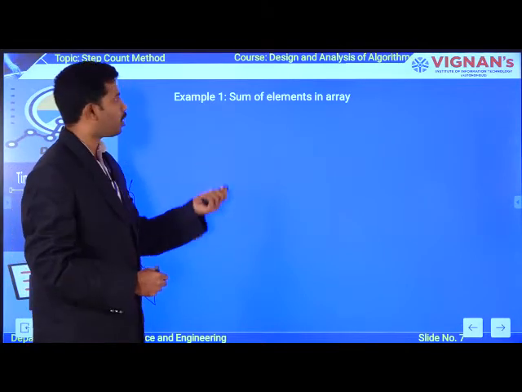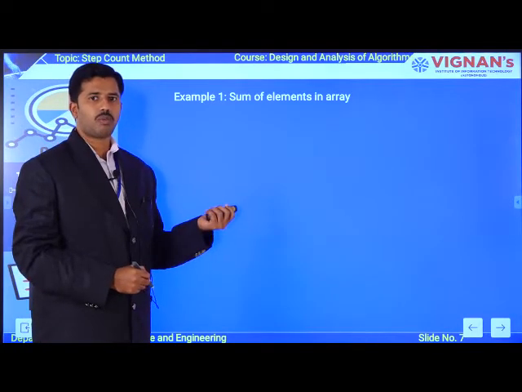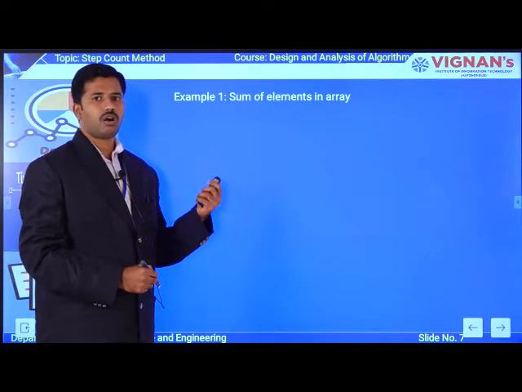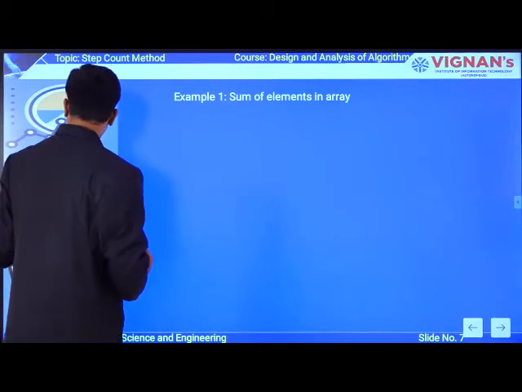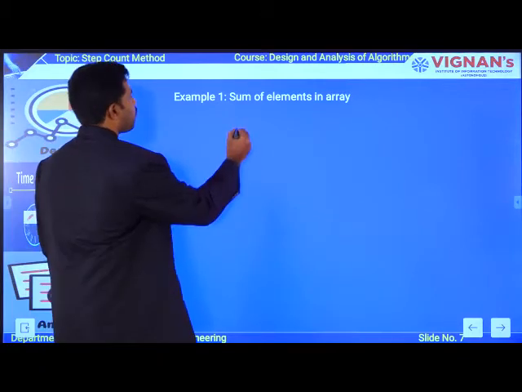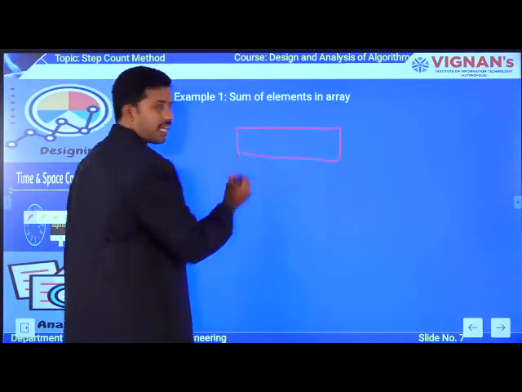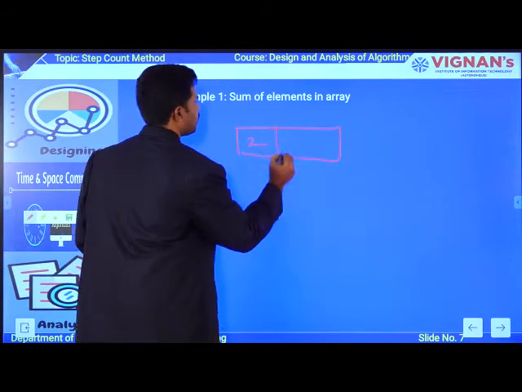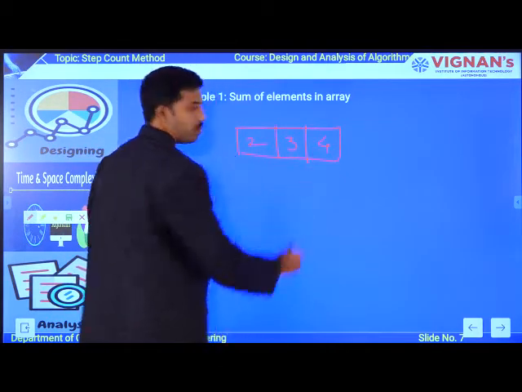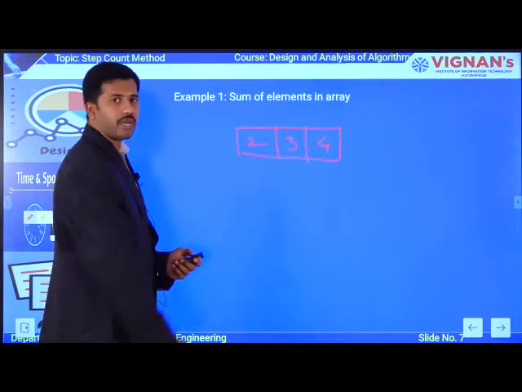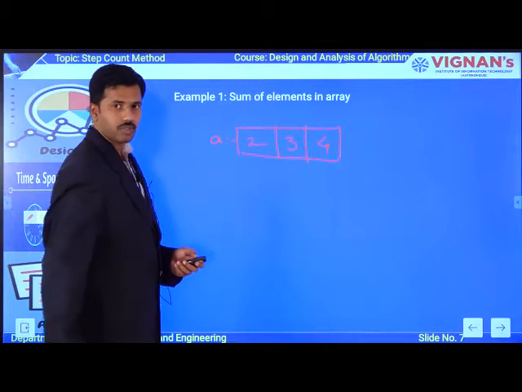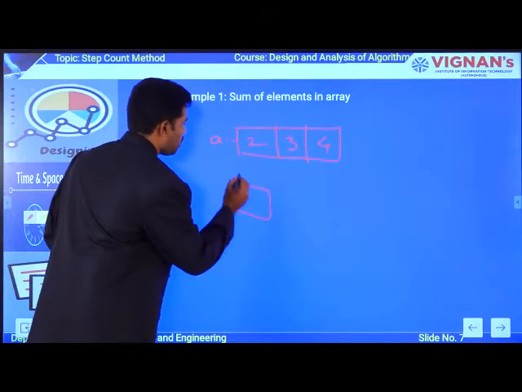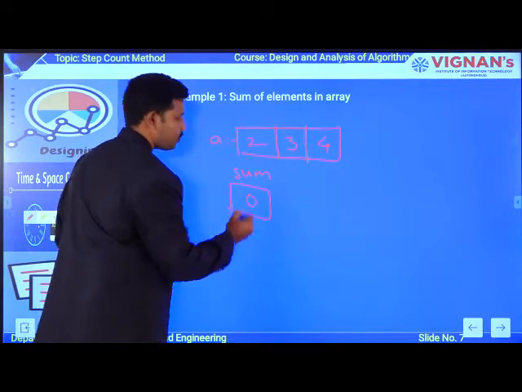Initially I am going to discuss an example which is the sum, how to perform the sum on the elements which are available in the array. Try to focus on this example. Here I am taking an example of an array with simply 3 elements. I just want to perform an addition operation on this array, which is named A. Initially my sum is 0.